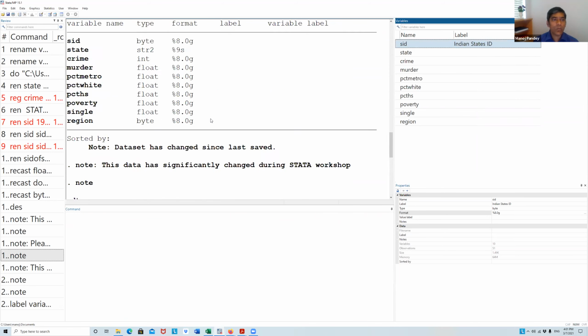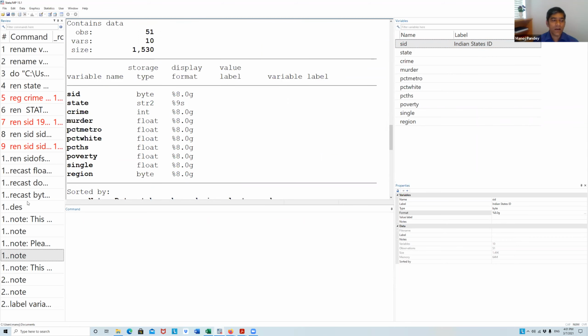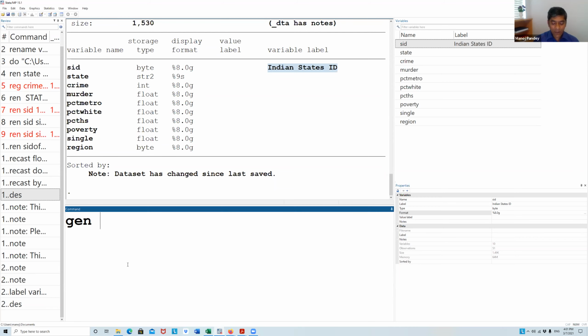Okay, now we had described it here, and value labels and variable labels were missing. Now let's describe it again. Indian states ID. Basically, you are giving a label to a variable, and that makes sense, right? So rather than calling me Manoj Kumar Pandey, you can have MKP or MP. Okay, that's fine. But then you are generating a variable MP equal to, let's say,